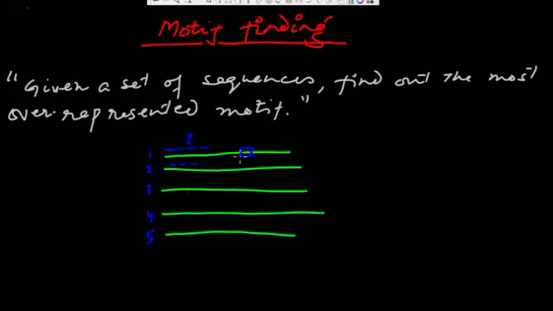For example, let us assume that somehow we got to know after running the algorithm, this is the motif which is actually present in many of these sequences. Let us say this is actually present in most of them, this particular motif, right? So we need to find out where along this sequence and all the other sequences we have a motif like this which is overrepresented.